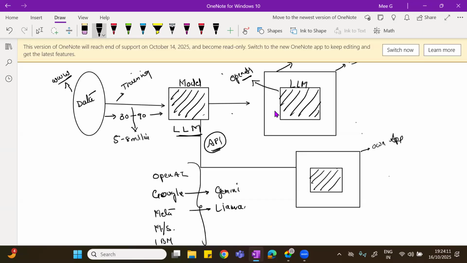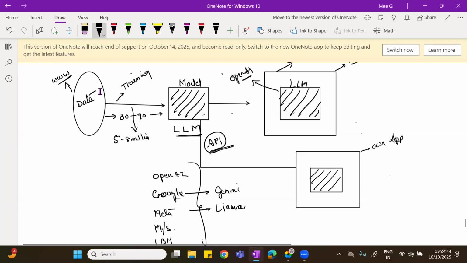API stands for application programming interface, through which we can interact with the OpenAI, Google or Meta systems, get the LLM there, and start using it. In some cases it is free, in some cases we have to pay. This is the way you take care of things.